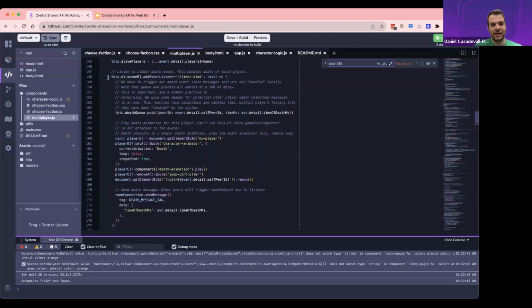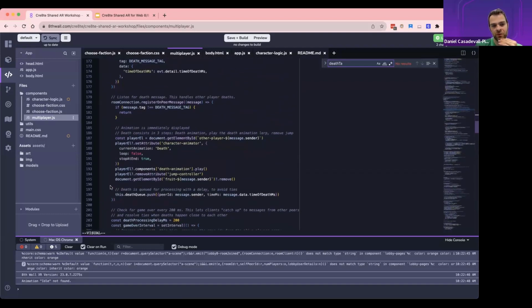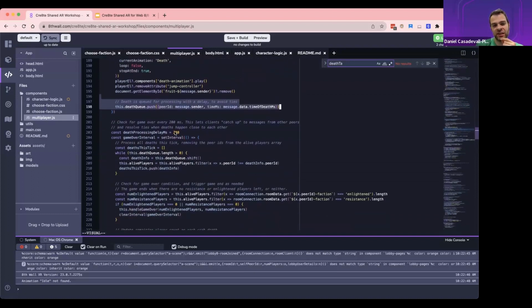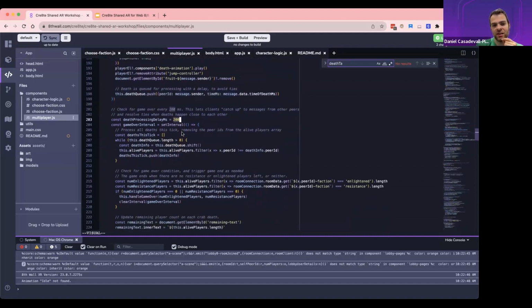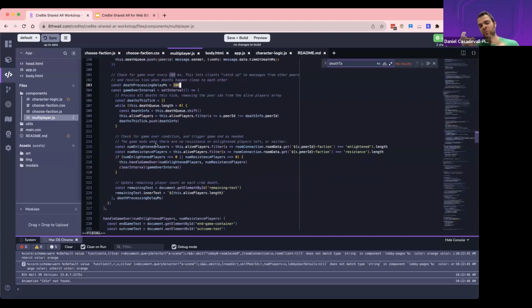this is actually, I have died. This code here handles me dying. When I die, I put my death in a queue, so I'm not immediately dead. Instead, I'm going to wait at most 200 milliseconds. I'm also going to do the same, and I'll talk about this in a second, whenever I receive a peer message that says they have died: I put it in the same queue. What this means is now I have time to ask, in the last 200 milliseconds, who has died? I go through all of the deaths in this last 200 milliseconds and decide that if a person died 100 milliseconds before me, then they're dead and not me.